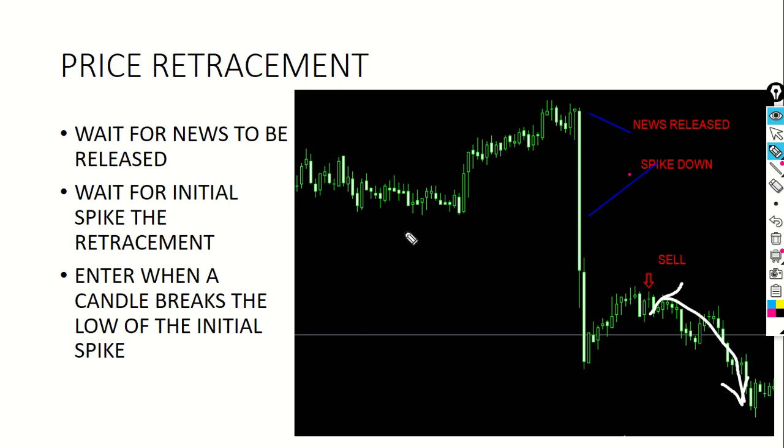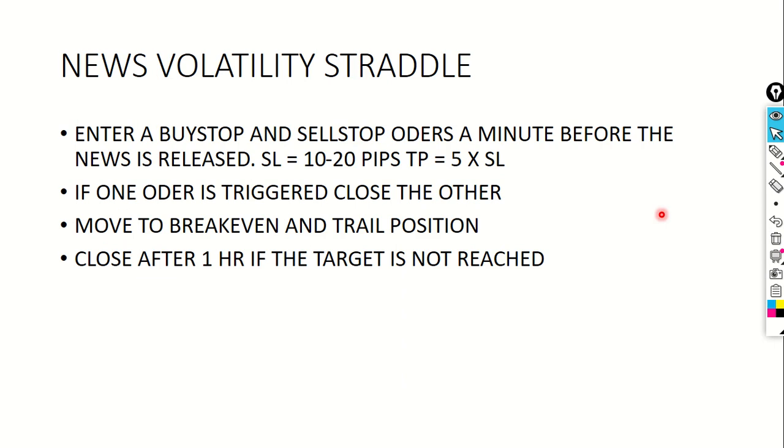It's a bit harder than the first two. The other one, you will see the last two, the last one is the easiest of all. You can teach it to a 7-year-old and you can trade. So we have the news volatility strategy. This is a strategy that many people use to trade.